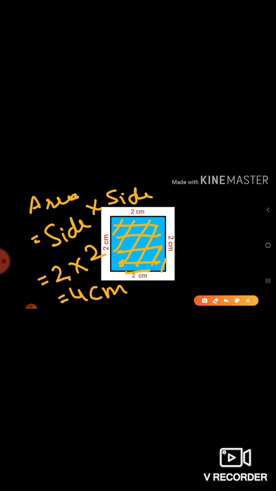Okay. Next, we move to this. Next, we can see the topic of rectangles, how to find the area and the perimeter. Actually, you have already studied this in your early class. Now you are just recalling it. Okay.